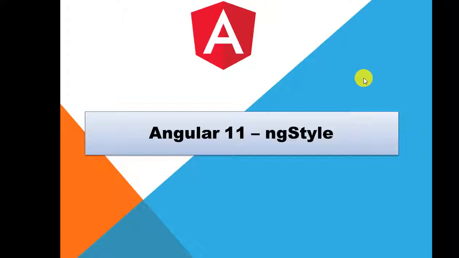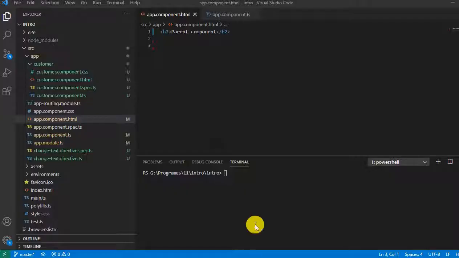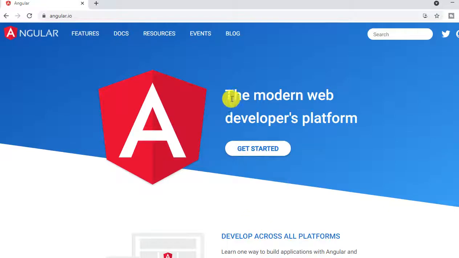So let me go to Visual Studio Code and we'll see how we can implement the styles. Right, let me open this. So what does style mean? A style is like this: one HTML control, and this HTML control has the value "the modern web developer platform". Now this HTML control has some style.